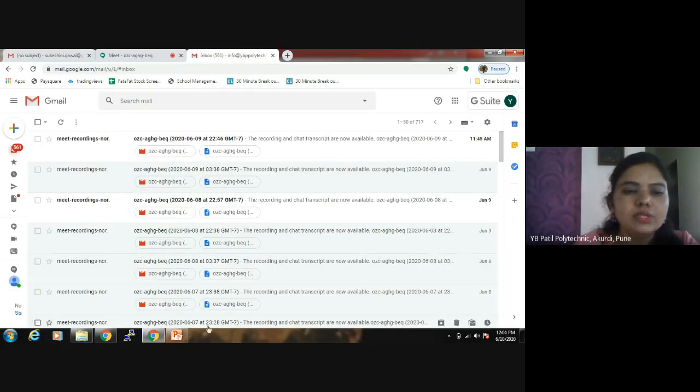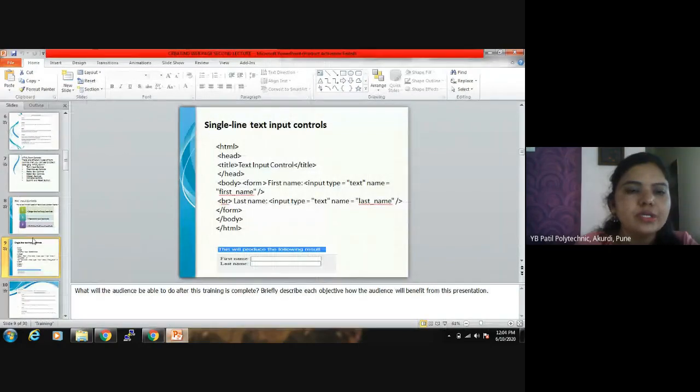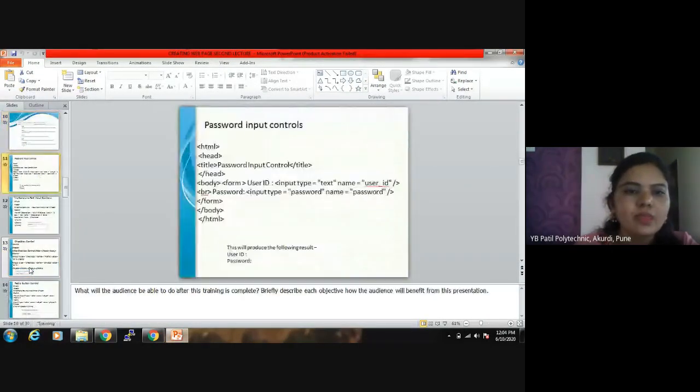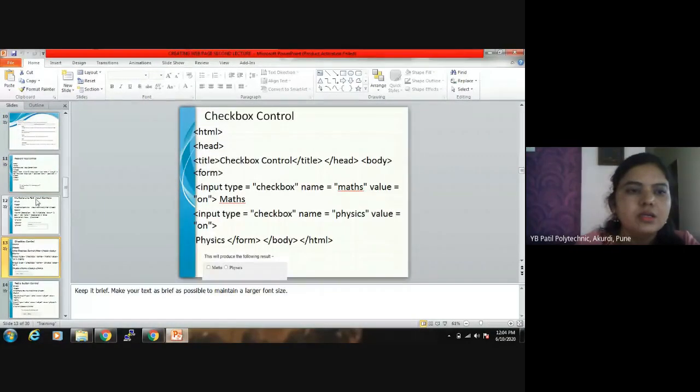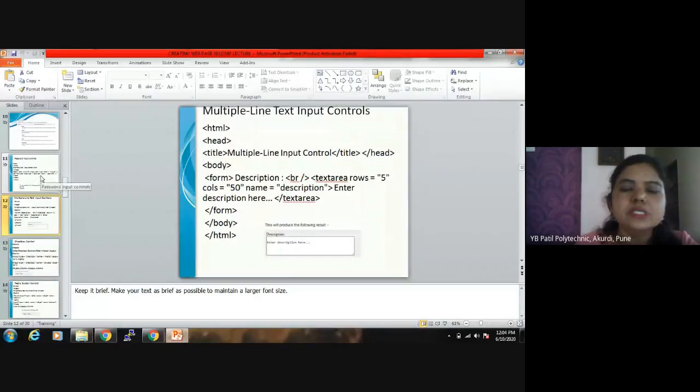If I change the type, instead of password, if I write text here, then whatever I have written will be displayed. So this is the demonstration of input control, text input control. Now the next example is what we have discussed, the text control. Then we will see the output of multi-line control, how it is executed and how the output will appear.